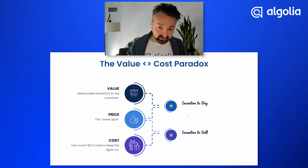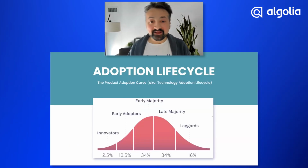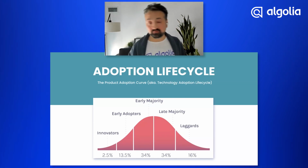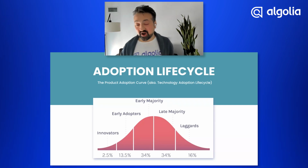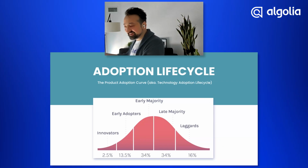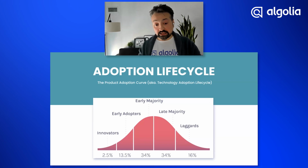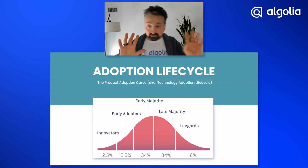So that being said, I want to talk about the people you go after, because this conversation is easier with certain people. And I know everyone's seen this one. This is a very classic graph, which is the adoption cycle. We have people on the left side who are the first, we either are all those people in the room right now, or we know people who are those people who buy the very first Oculus Rift on Kickstarter. And then we have people who will not buy anything like that till like 2050, which is on the other side. And so you cannot go after all these people on day one, even on day two. This is a lot. They're very different people. They're very different personas. Everything about them is totally different